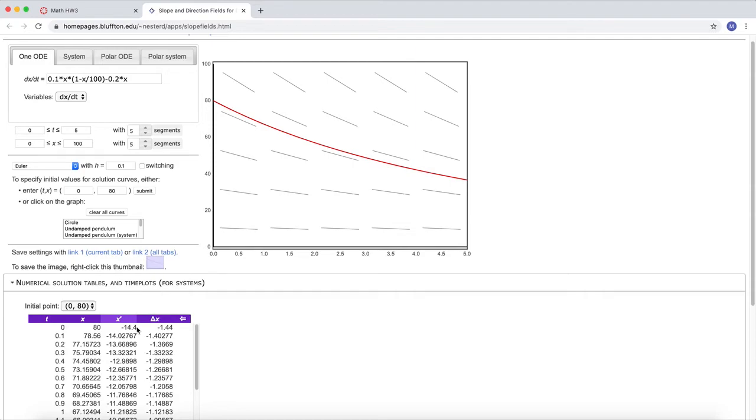Then once you've computed the rate of change at the current state, you multiply x prime by dt. Right? And so that's why you see a minus 1.44 here, because that's negative 14.4 times 0.1. So that's what the delta x is. The delta x is the x prime multiplied by the delta t, which they're calling h right here.